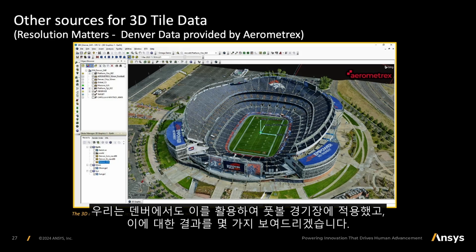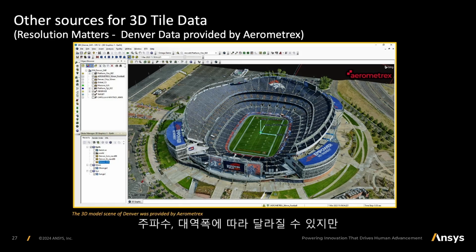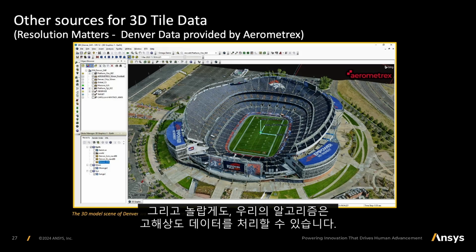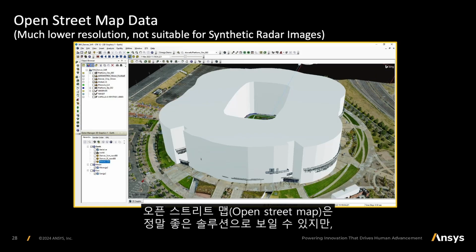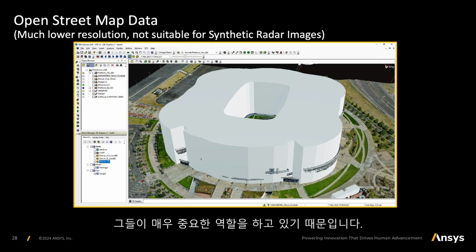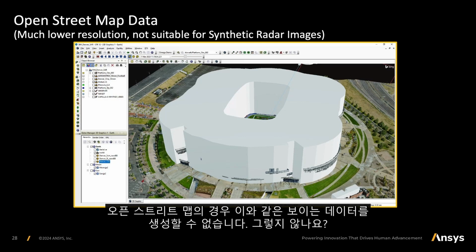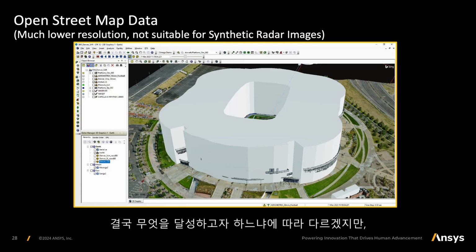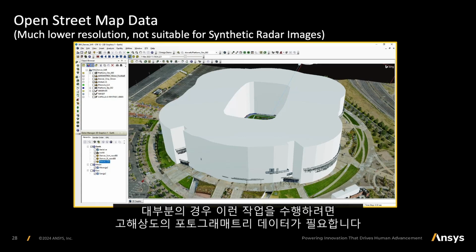I'll show you some results from this, but it depends on your frequency and your bandwidth. It's always good to have high resolution data if your computer can handle it. Guess what? Our algorithms can handle the high resolution data. OpenStreetMaps may appear to be a real nice solution, but I'm not going to bust OpenStreetMaps, because they have a very important job also. With OpenStreetMaps, you can't generate data that's going to look like this from something like this. So it depends on what you want to accomplish, but in most of our cases, you need some high resolution